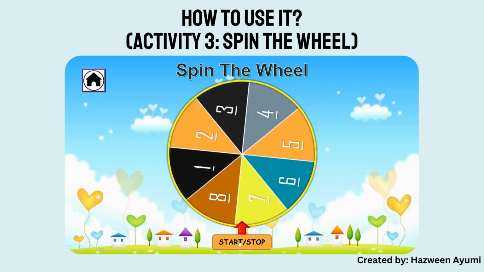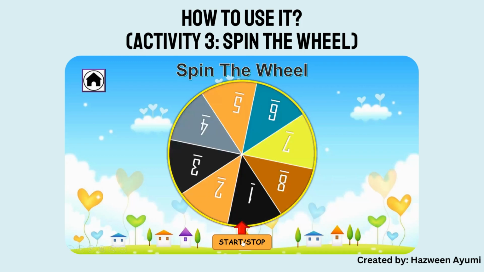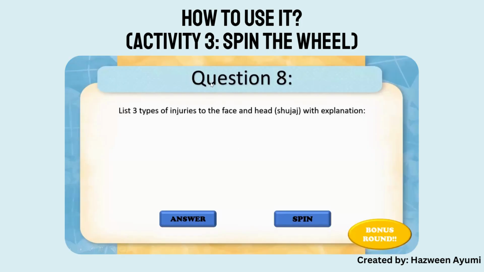The wheel is going to spin, and to stop, just push it one more time, and this indicates the question. So I got the number 8 question. We tap the list, and it will show you question number 8: list 3 types of injuries to the face and head and the judgment with explanation. The players can answer verbally or